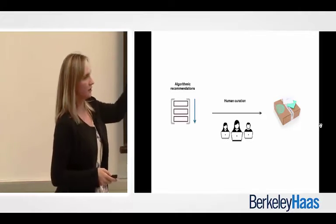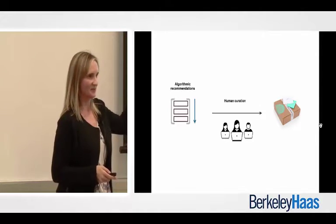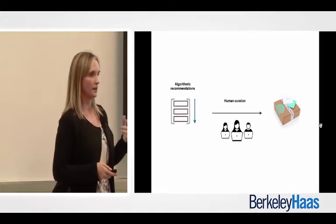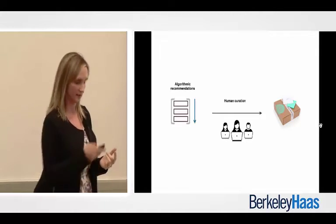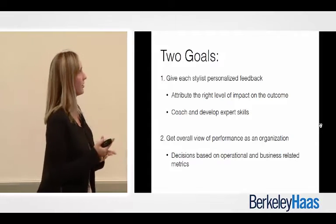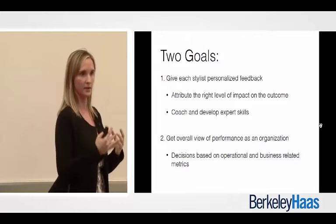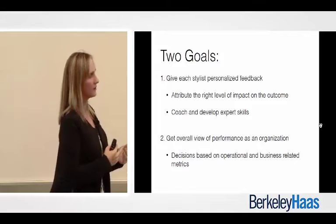And not only because we want to justify our business choice of having a human in the loop, but mostly because we want to give our stylists an idea of how much they contributed to a successful client experience. So basically, we have two goals there. The first is to give each stylist personalized feedback: how much of the stylist's experience and knowledge contributed to the overall outcome,